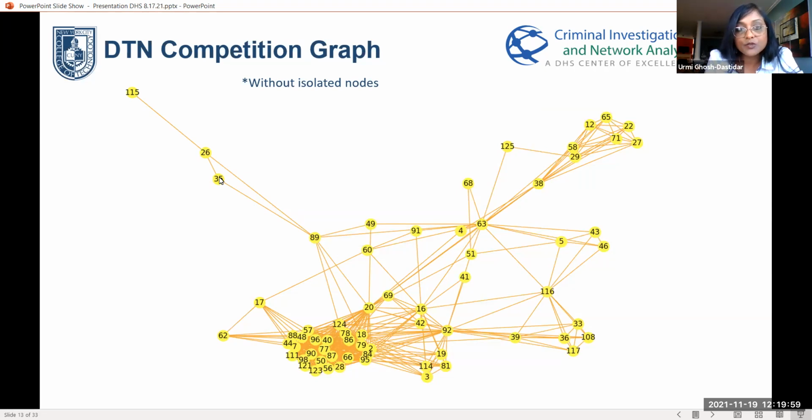We did not show the edge weight there, but there are actually edge weights, which mean how strongly 26 and 35 are connected. And the way we built this connection: if 26 and 35 shared, like receiving information from 4 different actors, the same actors between 26 and 35,